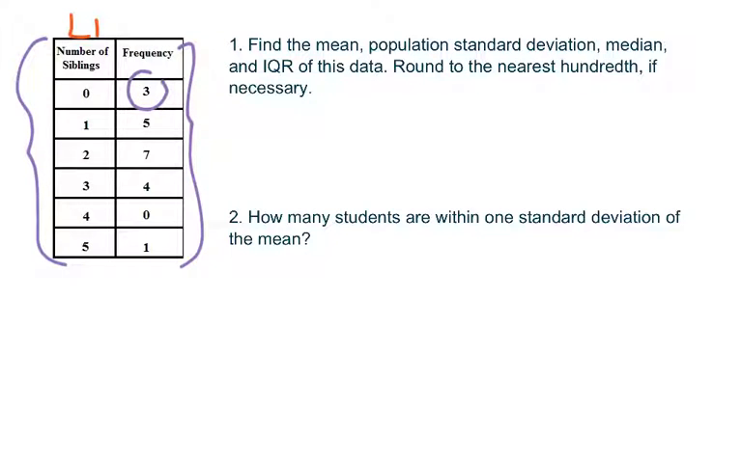So number of siblings will go in L1, and frequency will go in L2. I'll give you a second to do that. If you've forgotten how to get to where you can enter data, you're going to press Stat, Edit, and then if you have any data already in your lists, for example, you would go up till your calculator is highlighting L1, press Clear, Enter, and it's going to clear all the data in there,